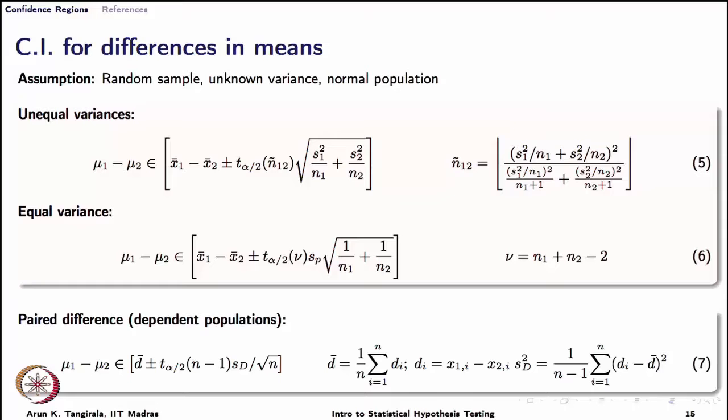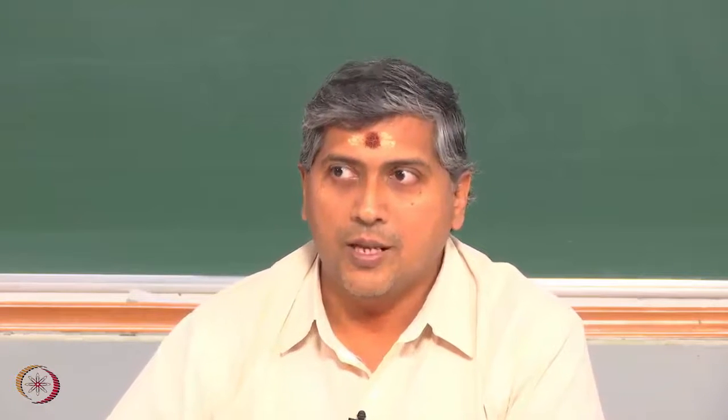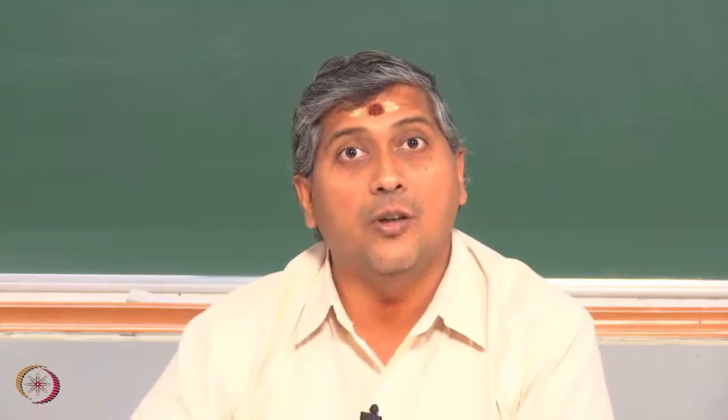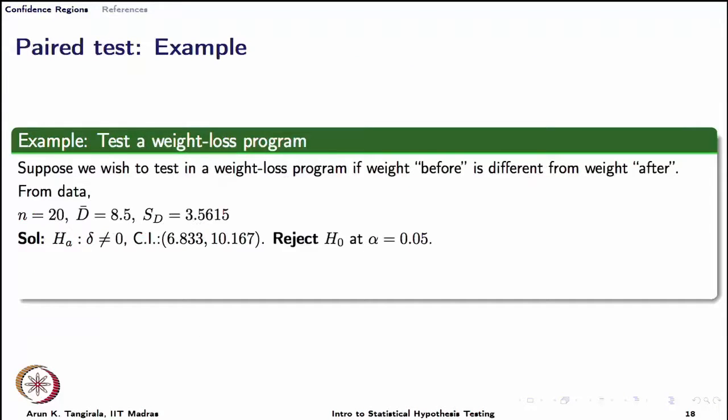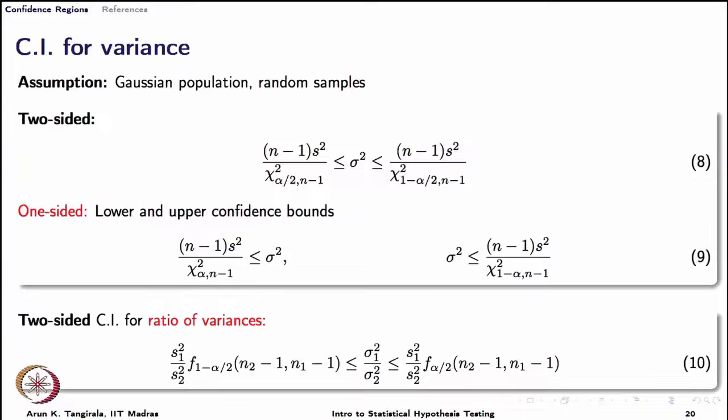Clearly the confidence intervals would be different, and what I want you to do is go ahead and calculate those confidence regions. Either you can use the formula here, or I have the data set uploaded for you on the website, from where you can run the t dot test and obtain the confidence intervals, setting var dot equal to false and paired also to false, and see if you reject the null hypothesis or fail to reject the null hypothesis. Very good.